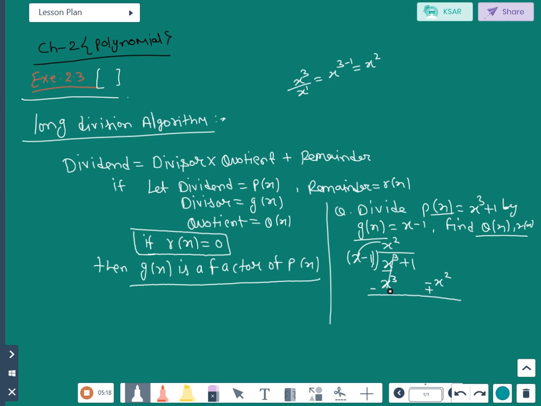After x cube we need descending order according to the rule. So after x cube we will write down the x square term. x square plus 1. Again divide the first term of the dividend by the first term of the divisor. x square divided by x, that is x power 2 minus 1, which will come x power 1. Sign positive, so put here plus x. Now again x multiply that whole bracket x square, then here minus 1, negative positive cancel, then here what will come is x plus 1. Now up to when will we perform the division,